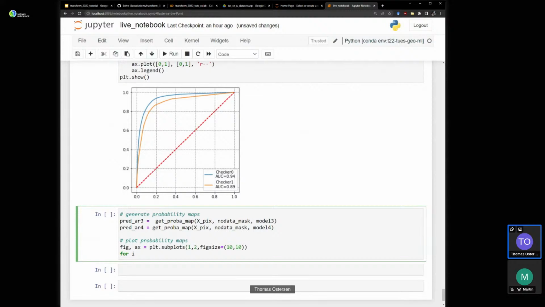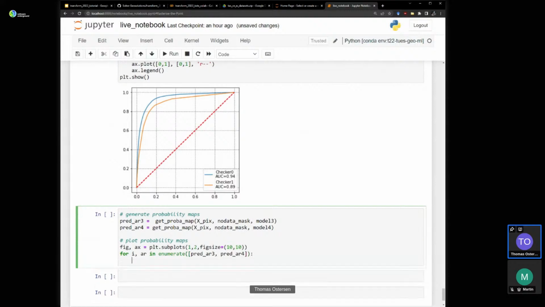Yep. For I, array in enumerate, red R3, red R4. Axe I. Imshow, extent region.